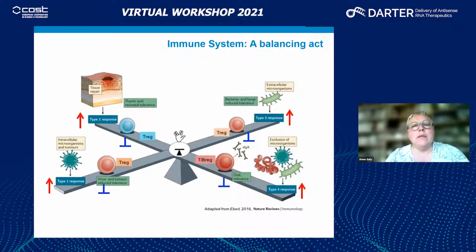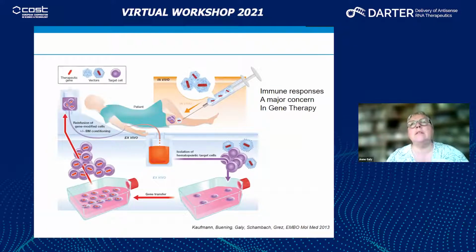The first concept here is to keep in mind that the immune system is a very complex system, and it's constantly a balancing act between cells which have been educated to respond and recognize invaders, but also regulatory mechanisms and a number of different systems which are there in place to recognize pathogens as well as tissue abnormalities, let's say. And so the introduction of gene therapy in this context is obligatorily going to disturb this balancing